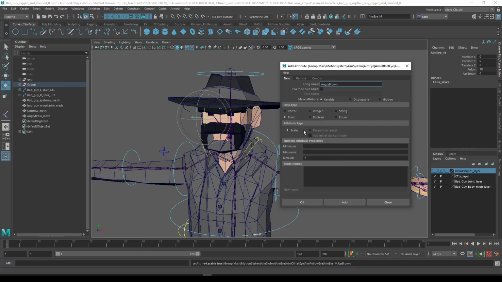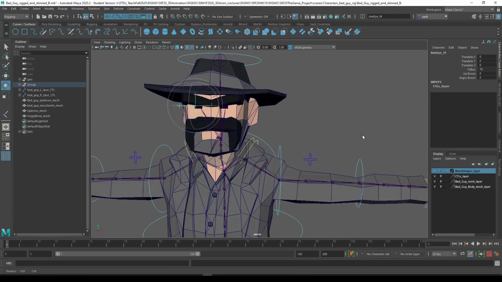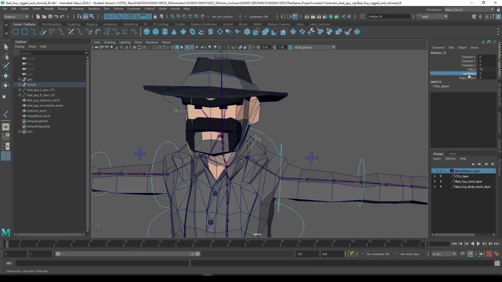And angry brow, I'm gonna do the same. So 0, 1, and set to 0. Here we go. So now, what am I going to do on this though? Well, I'm gonna set not driven key. I'm gonna do connection editor to there, to the brow. So I'm gonna select that aim eye control,